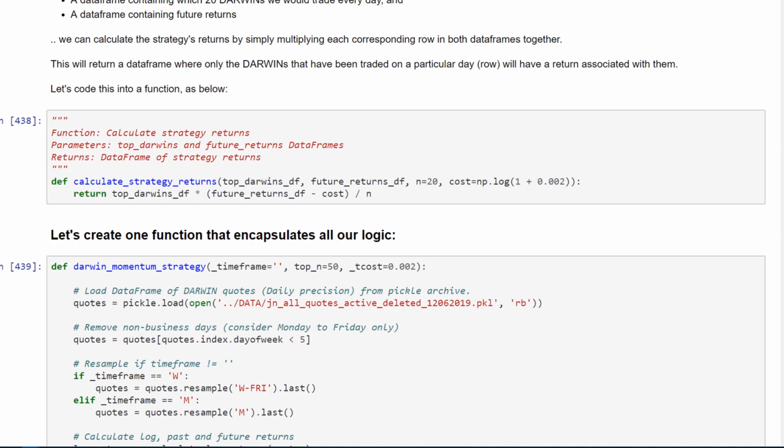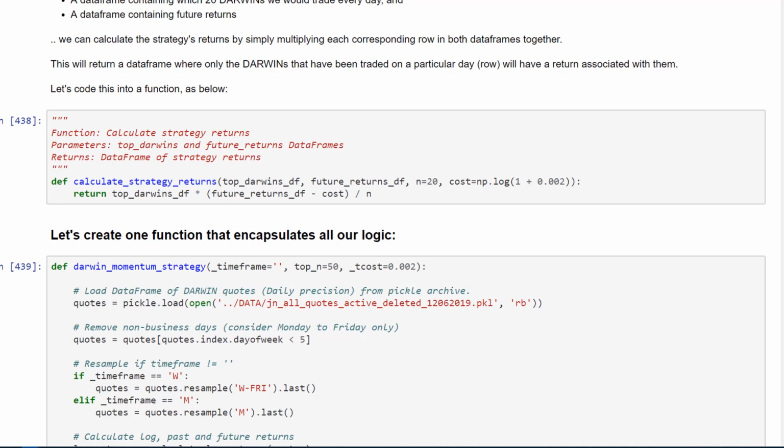This is important to note. Every Darwin on purchase, especially if it's active, will incur some form of deviation between the purchase quote that you've requested and the purchase quote that you've actually received. On average, this will be about 0.1%, being very, very conservative. In this case, it'll be anywhere from 0.07 to 0.1% per side. So by taking a very conservative estimate of 0.2% transaction cost in this case, we're able to